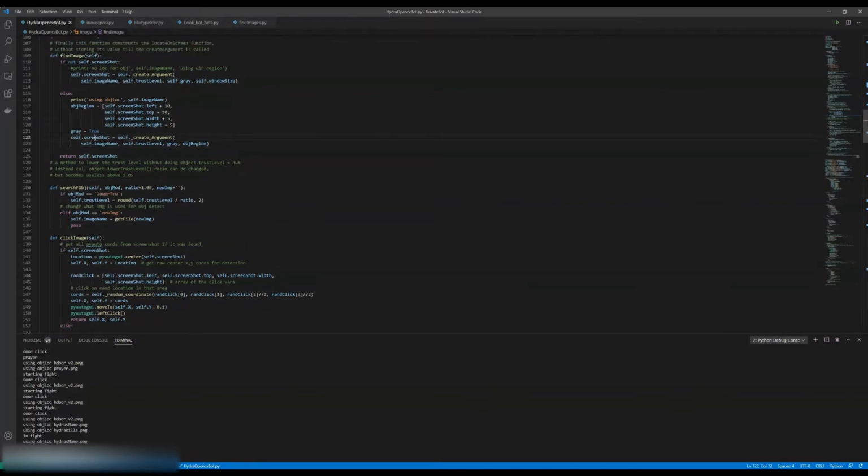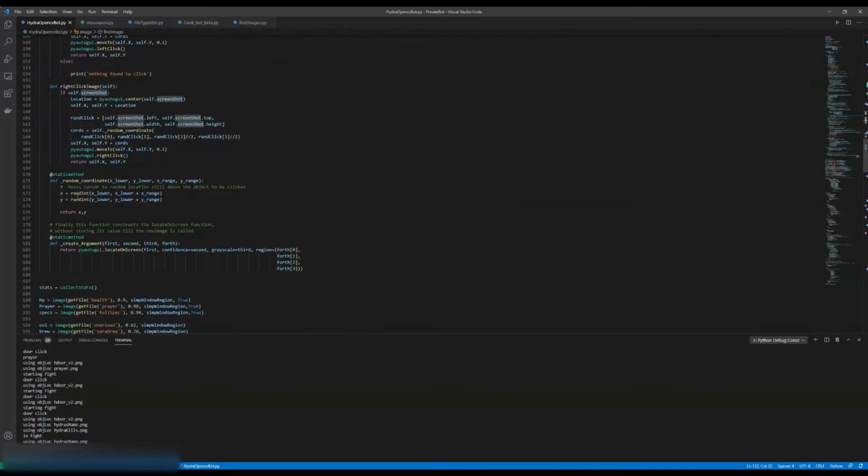Then you do the same create argument. Create argument is a static method built on PyAutoGUI. It locates all on screen, so it's also OpenCV. You need OpenCV for this, or else you can't use the confidence optional argument,